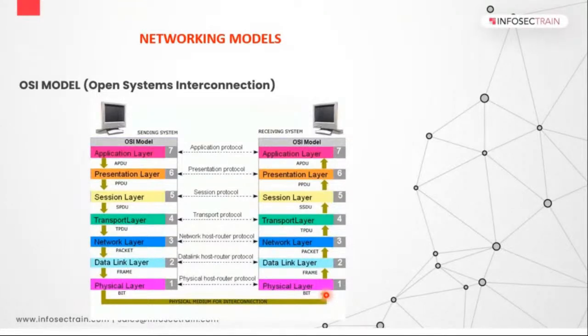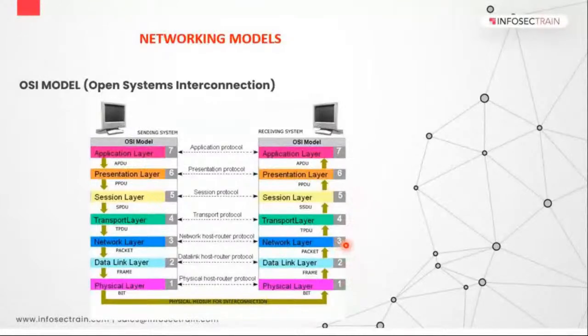Now, next thing, when the data is received by the physical layer of your receiver, what happens at the physical layer? Your data is changed again. It is converted again so that other layers can understand it.